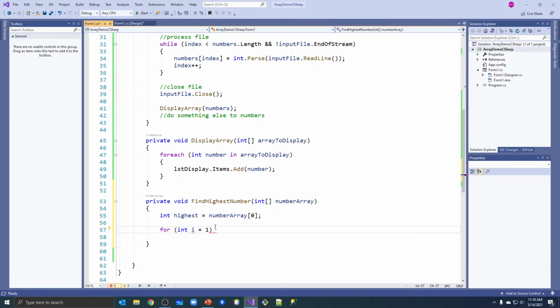Why am I starting it equal to 1 instead of 0? Because I've already taken care of processing the first item, which is item 0. So rather than start again with item 0 here, I could. It really probably wouldn't hurt anything in this case. But why should I look at it to see if it's bigger than itself? We know it's not. So I am going to start with item 1,